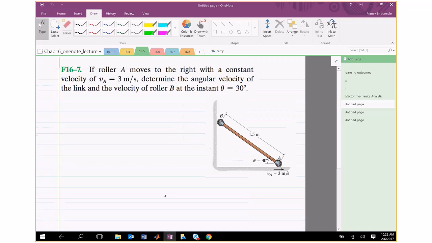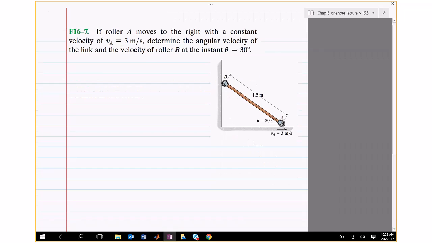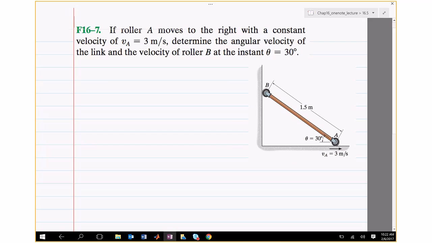Okay, so this is, let's read this question. So if a roller A, okay, roller A is here, moves to the right with constant velocity of 3 meters per second, determine the angular velocity of the link and the velocity of roller B at the instant theta is 30 degrees. So what we'll do is, well, two unknowns in this are omega AB, and the other unknown is